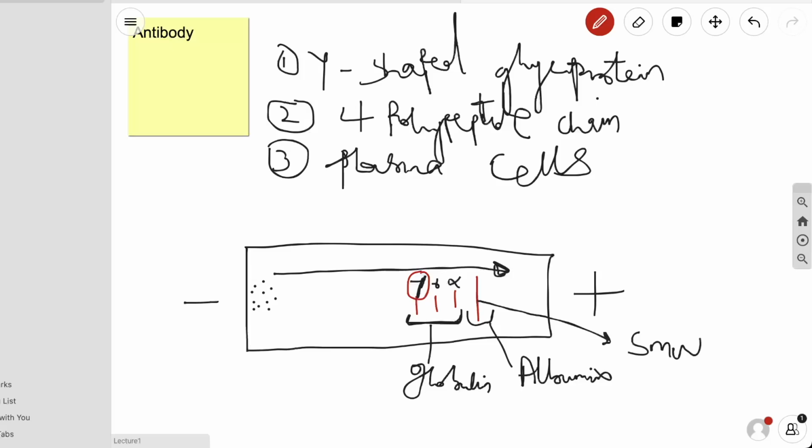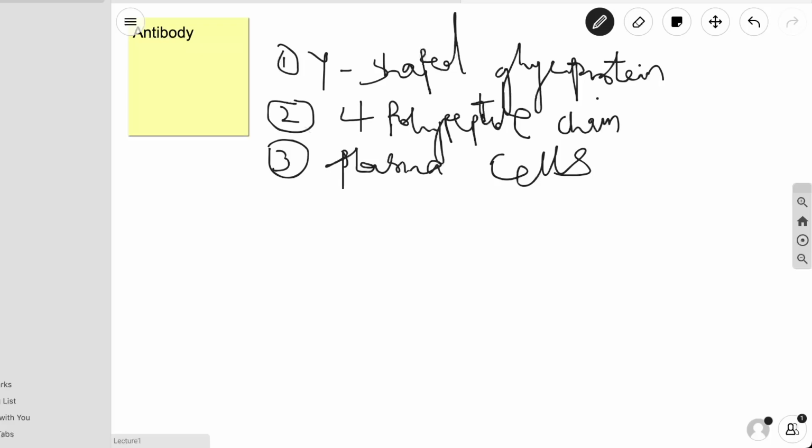The heavy ones are the globulins, and we have alpha, beta, and gamma globulins. The plasma protein antibodies are located at the gamma region. That is why we say antibodies are gamma globulins. Okay, let's move forward. Plasma cells are specialized white blood cells that play a crucial role